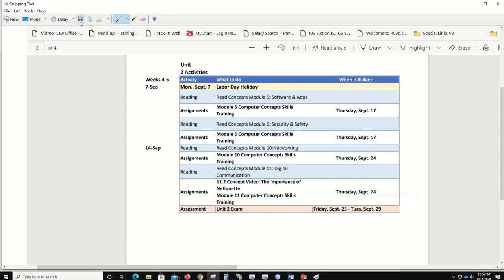I have to do that if I'm embedding a picture in, say, an announcement, because it won't let you just embed it automatically. You have to save it as a file and then go search for the file. Whereas in an email message, I can take the snipped image and just embed it right there in the email so you can see it. Several of you may have received help that way from me because I show you what it's supposed to look like. So we're going to copy this, and we're going to go to Word,